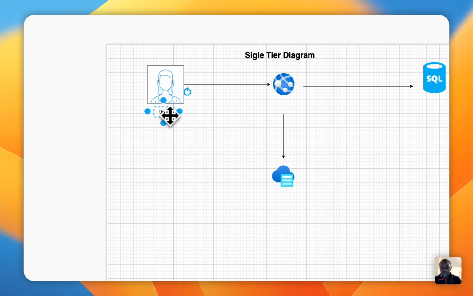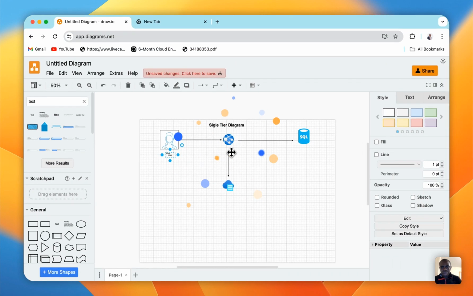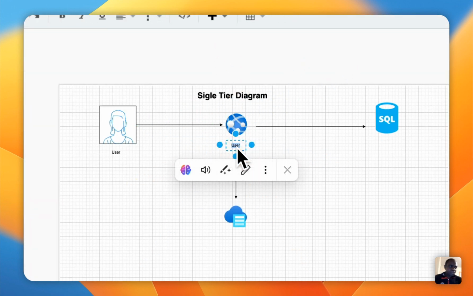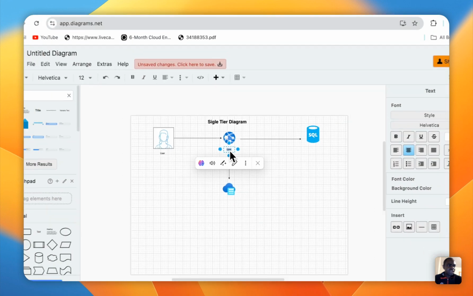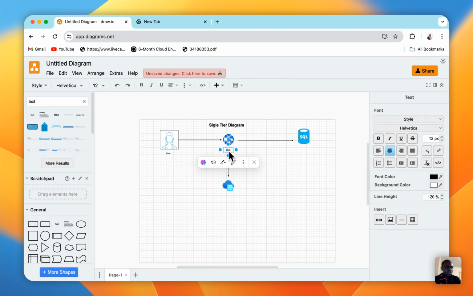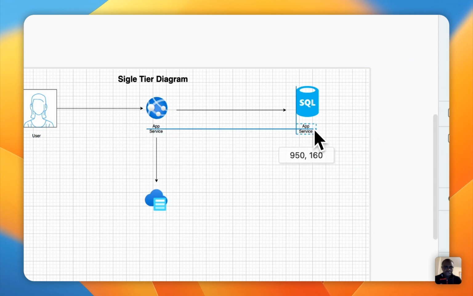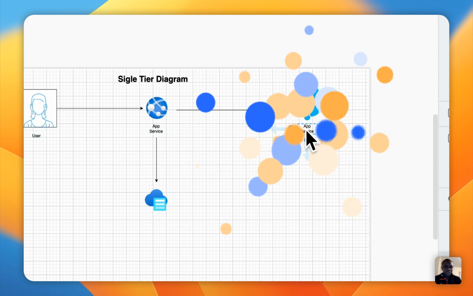Come here, then press Control D. If you are using Windows, I'm on Mac, so it's Command D. Then I can label this the name that it is, that's Azure App Services. So I can label this App Service, and then Command D or Control D on Windows. I come here and label this data storage or